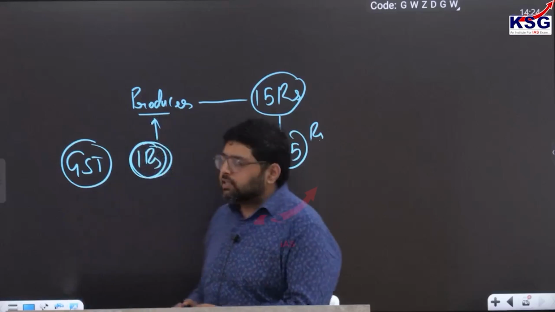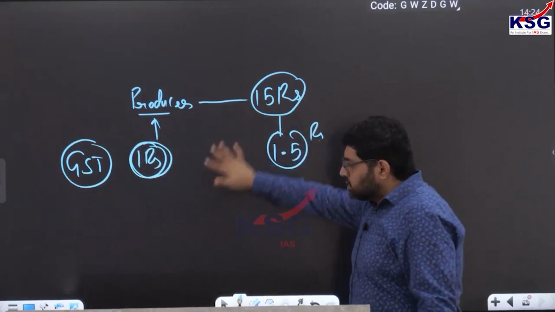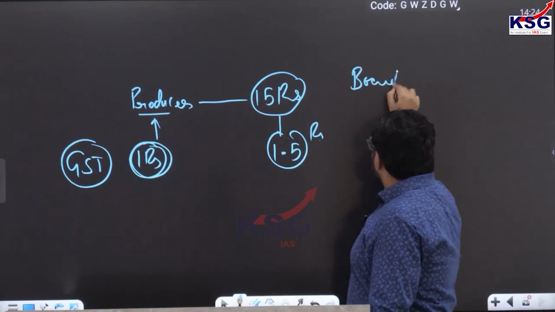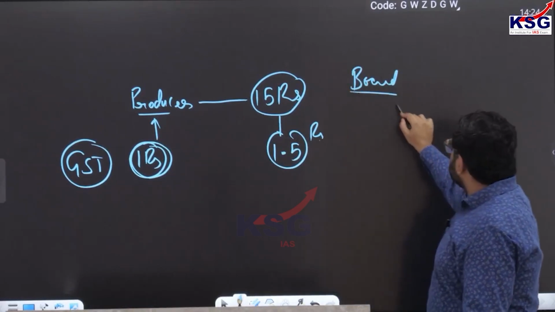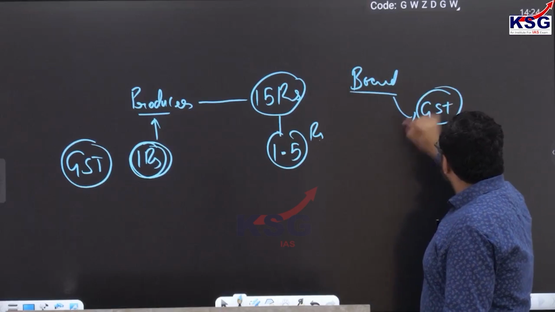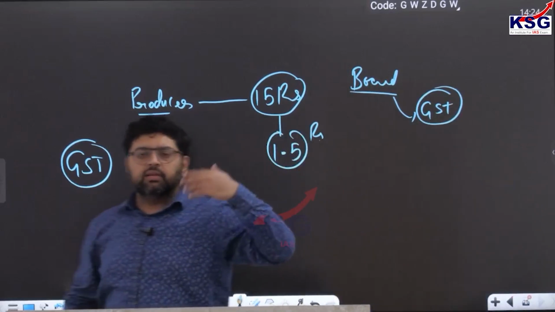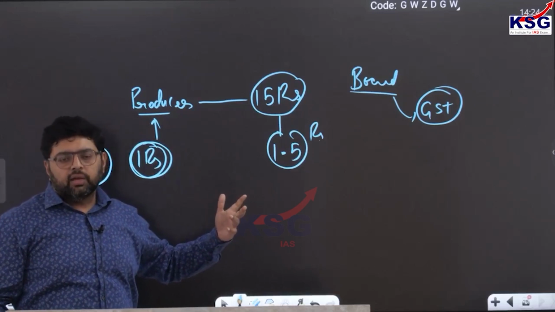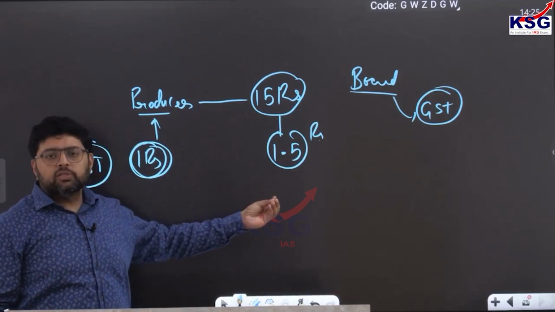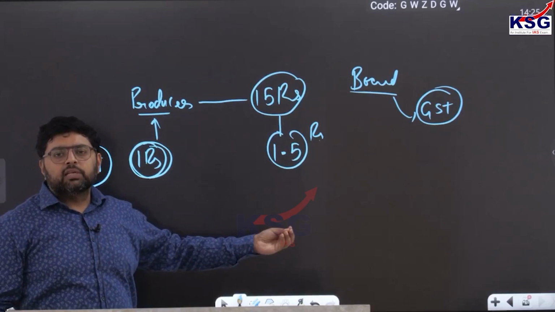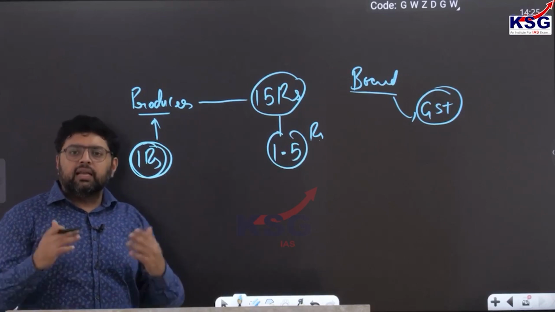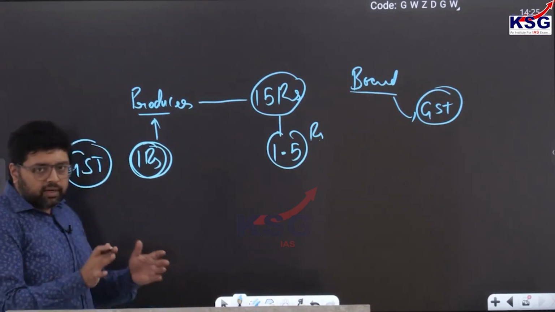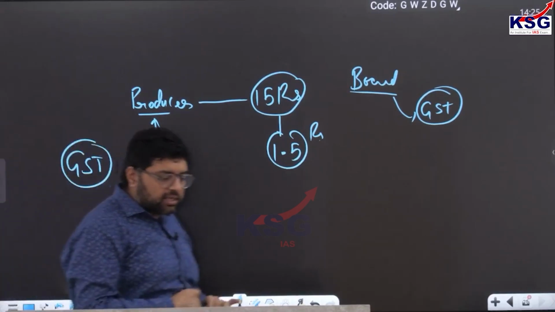You can understand it this way: to teach you, KSG has purchased this board. On this digital board in front of you, KSG has paid GST. Whatever GST KSG collects from the students, they will adjust it. Suppose they have paid GST of, for example, 20,000 and they collected GST of 1 lakh. They will give only 80,000 as GST. Whatever they are adjusting is called input tax credit. Is it clear?